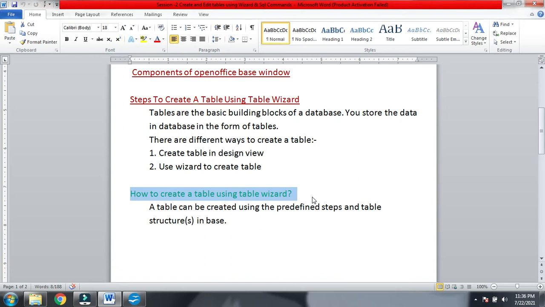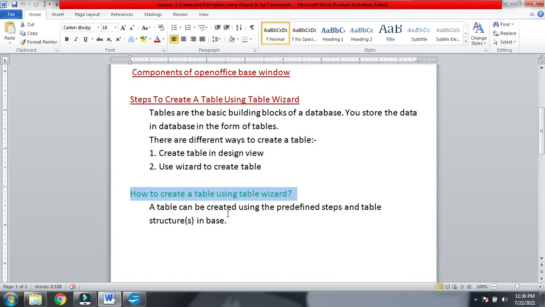So if you don't want to spend so much time creating different properties for the table, like field names and other things, you can directly create a table. For example, if you are going to create a company database, there are pre-formatted or predefined tables for a company in OpenOffice.org. So you will directly open that.